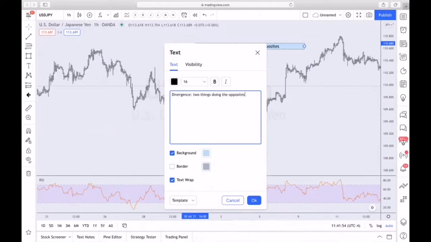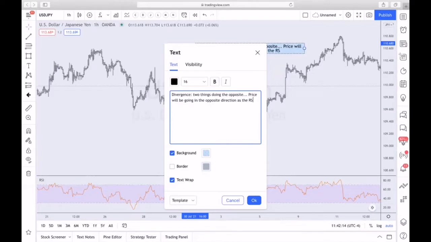That's my own definition, but you have 2 things doing the opposite. So price will be going in the opposite direction as